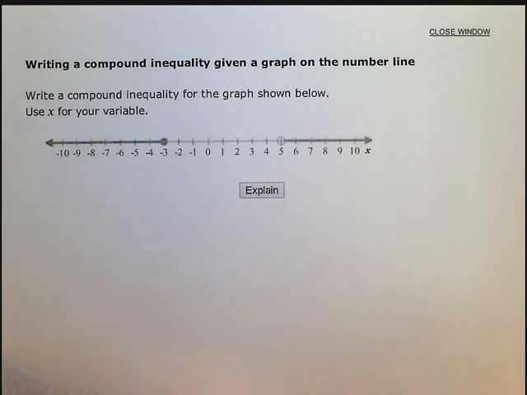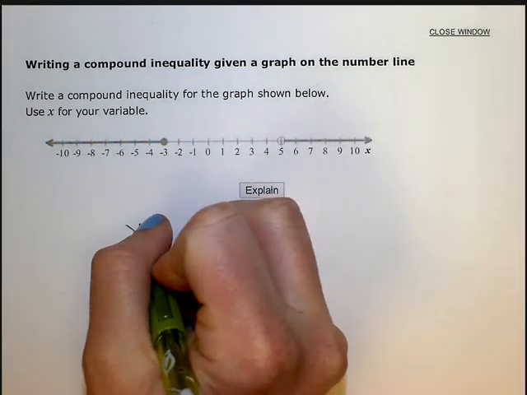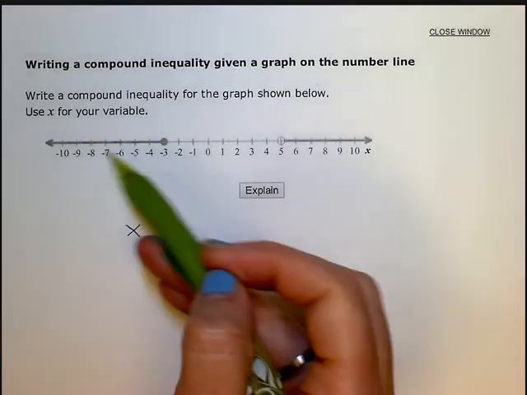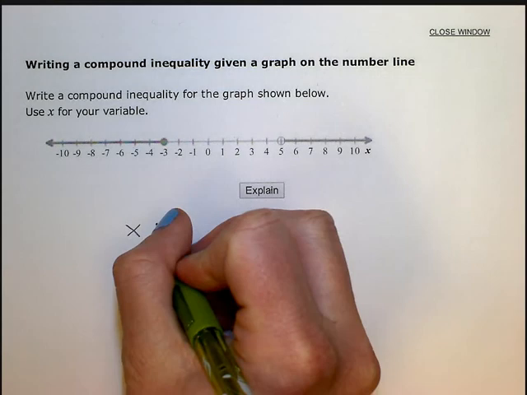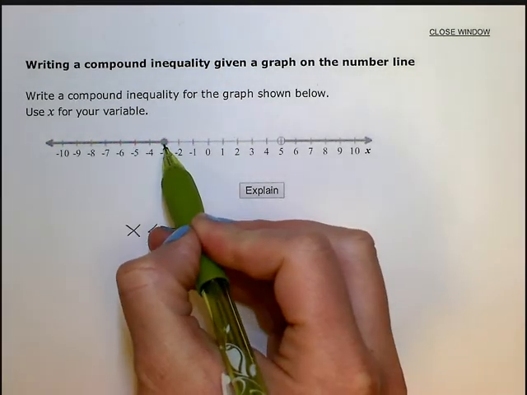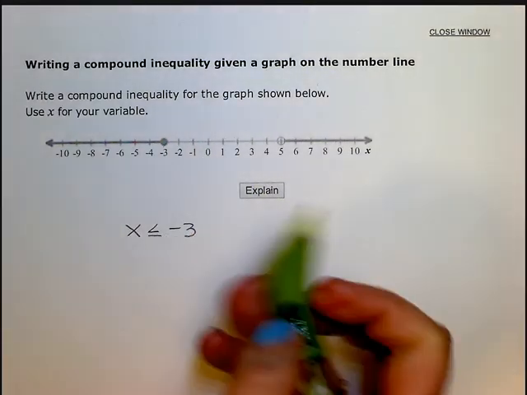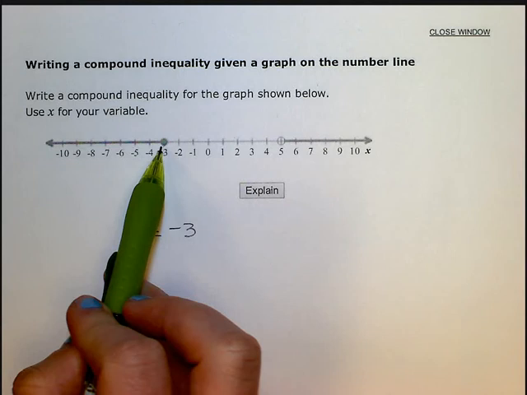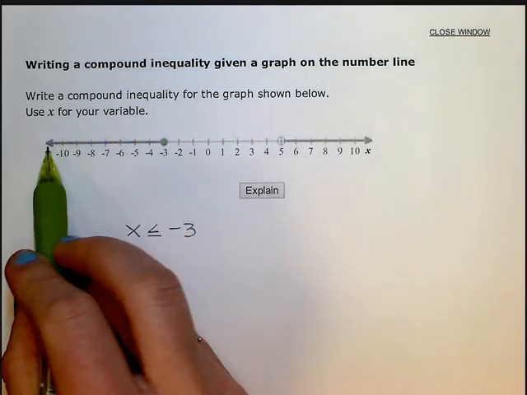So we'll just look at each of these pieces at a time. Here we see that x is less than, because these numbers that are shaded are smaller than negative 3. So x is less than negative 3. However, because we see that this is a closed dot, we know x can also be equal to negative 3. So this inequality describes this half. And we know x is less than or equal to negative 3 or